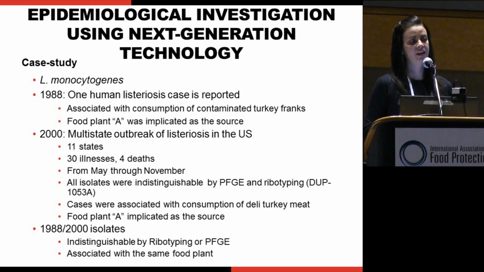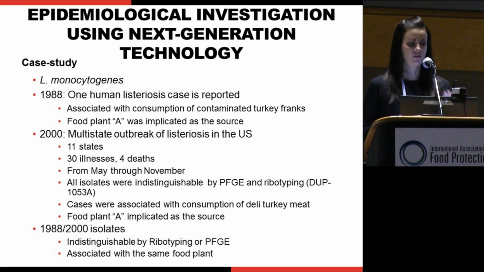So in the first case study, this is a Listeria monocytogenes strain that was isolated from a food processing plant that was implicated with a sporadic case of disease in the late 1980s, and then was also associated with an outbreak in 2000. So in this particular study, we took an isolate from human disease, or a human clinical isolate, and then also a food isolate from the 1988 incident, and then also a human and food isolate from the 2000 outbreak,